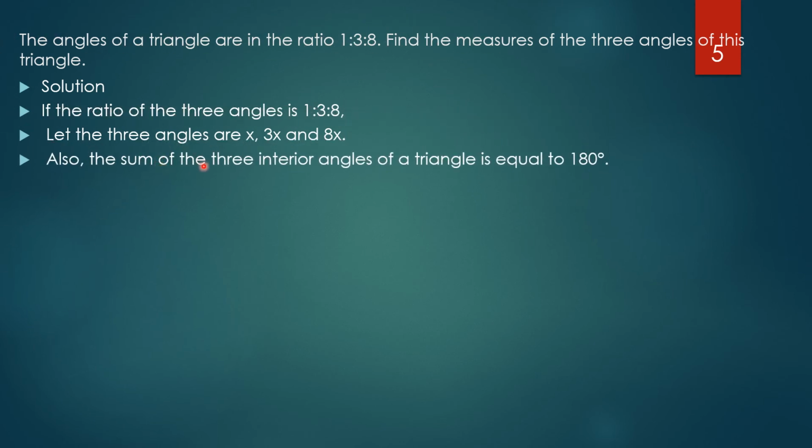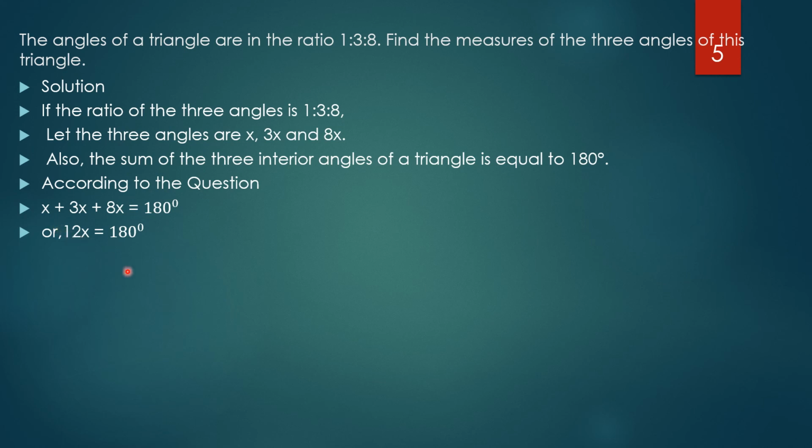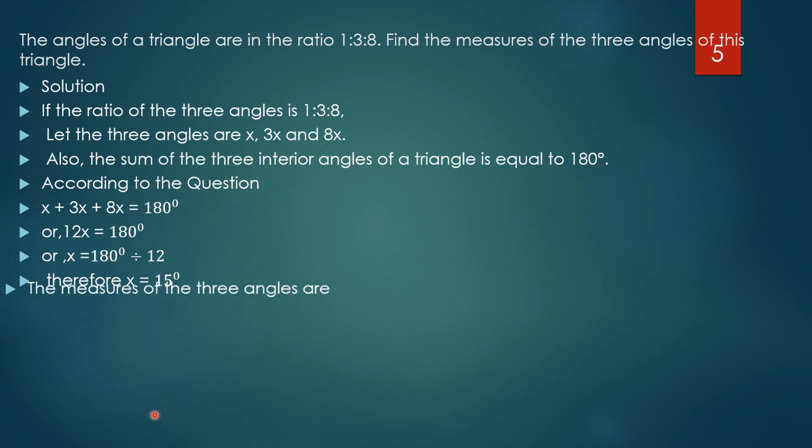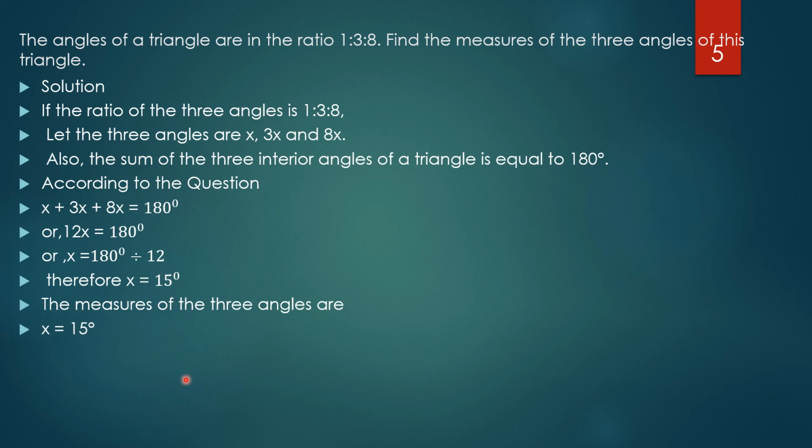Also, the sum of the three angles of a triangle is equal to 180 degree. According to the condition, x plus 3x plus 8x equal 180, or 12x equal 180 degree, or x equal to 180 divided by 12. Therefore, x equal to 15 degree. The measure of the three angles are x equal 15 degree and 3x equal 3 into 15 degree equal 45 degree, and 8x equal 8 into 15 degree equal 100